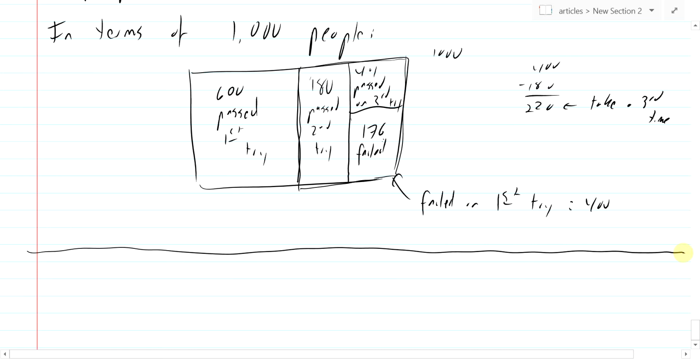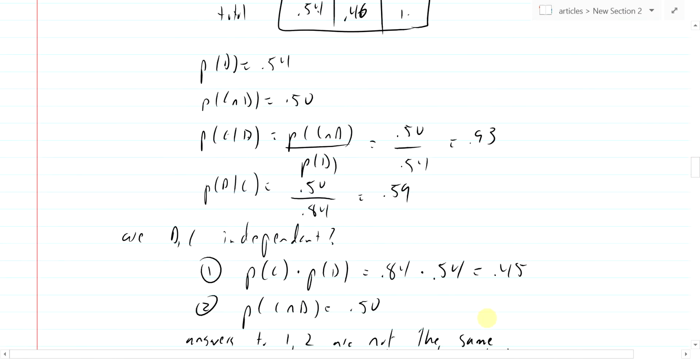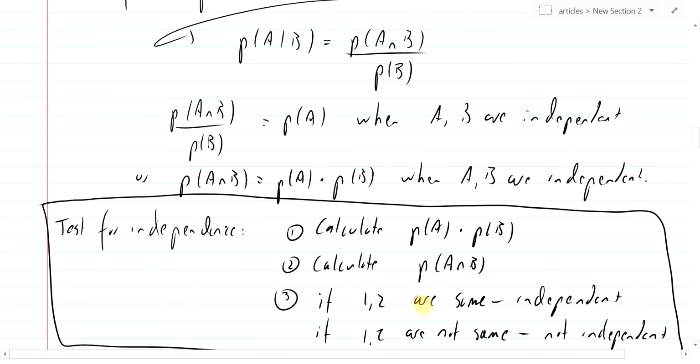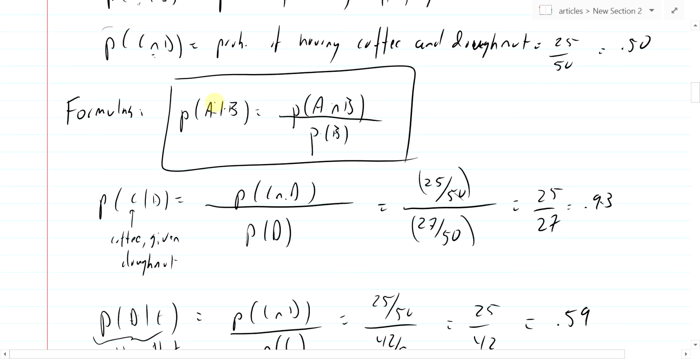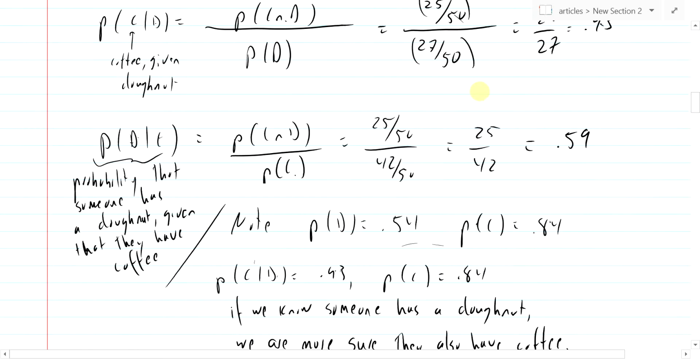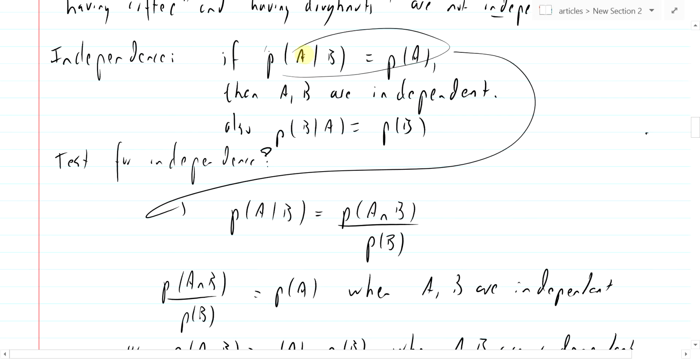At the end of the road, what do we have here? Conditional probability is given by, all the way back up here, this formula. This is A given that B happened, and it's the probability of A intersection B divided by the probability of B. Independence, right? If the probability of A given B is the same as the probability of A, if knowing that B happens doesn't change the probability